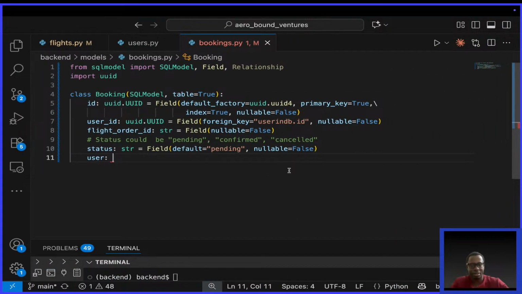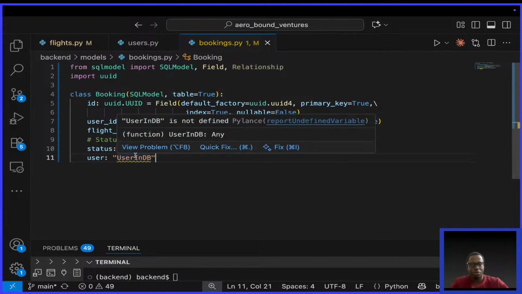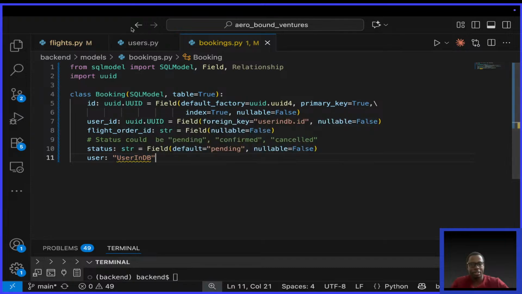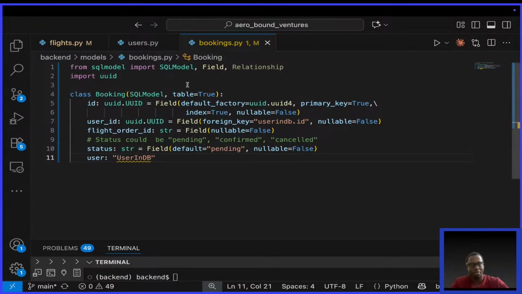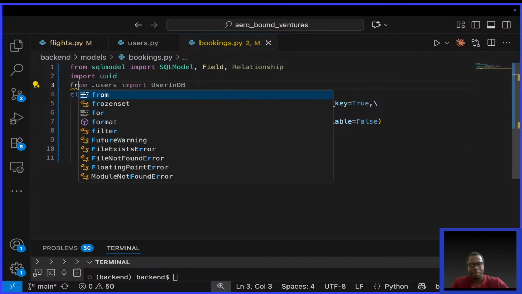Okay, type and say user in DB like that. This will ensure that it picks the correct type from this. But we can actually even import it, to be safe. Let me just say from